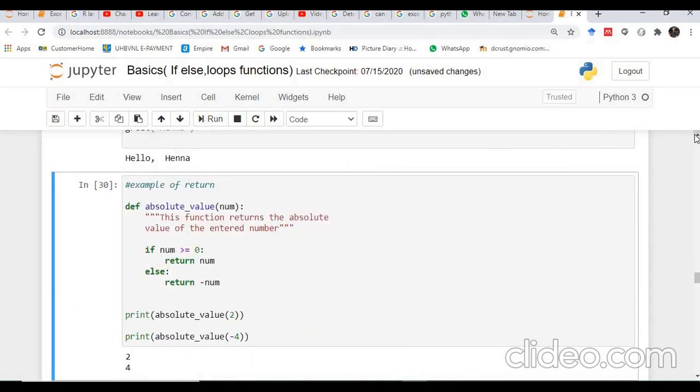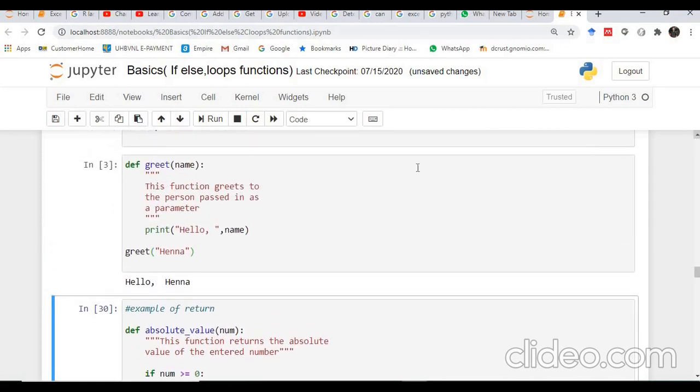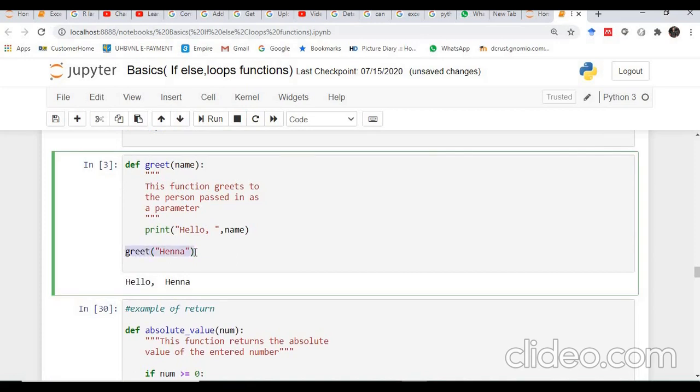We are passing the name of the person as Hannah, and it prints hello Hannah. When we execute this statement, we are calling the function greet, and the values inside the parentheses are assigned to the parameter of the function, taken as input, and processed inside the function. So this is a simple example.